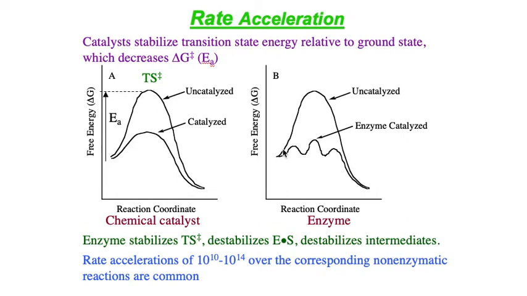Okay, so just again, remember that enzymes accelerate the rate of the reaction relative to uncatalyzed. And the way that this works, again, is that the enzyme catalyzed is going to lower the activation energy, the EA. And also remember that there's a number of intermediates in the reaction. And so if you were to look at the reaction coordinate diagram, there would be different energy peaks and valleys as it went along,